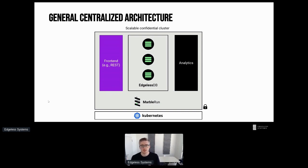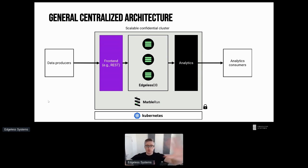We have been doing this with our partners. For example, at Bosch, we've built an end-to-end privacy-preserving analytics backend for customer data. And there are many other similar possible applications out there. The abstract architecture of all of these applications is: on the left-hand side, you have some data producers producing some sensitive data. On the right-hand side, you have some analytics consumers. Now the right-hand side wants to learn something from the data, but the left-hand side doesn't want to give